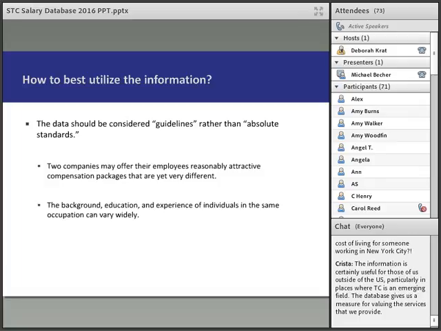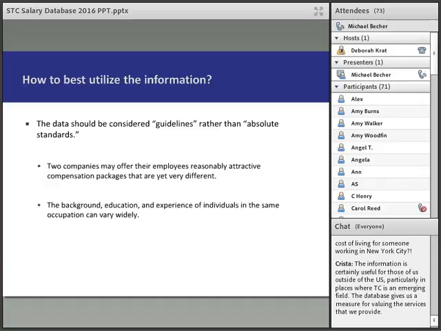So looking at how to best utilize the data, first of all, the data here should just be considered guidelines rather than absolute standards. The reason for that is that there's a lot of variation between company compensation packages from one company to another, and there's a lot of variation between two individual people. So for instance, if we're looking at two individuals who have the exact same background, they graduated together from the same college, they have the exact same amount of experience, the same number of certifications, and one goes to one company and another goes to another company, and the second person is making $10,000 more than the first person,